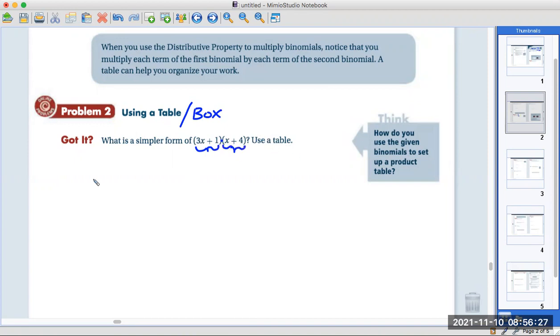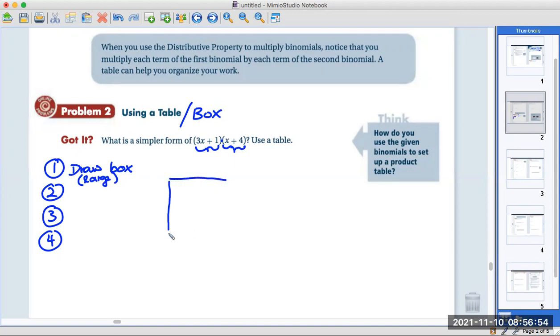Okay, and it says use a table. So I'm going to write down some steps and you can follow those steps later on. So first you draw your box. And the box is a square, and I'm going to give you the advice to draw it pretty big. Because if you make it too small, it's kind of a mess in the end. You can't read your stuff because you got to write stuff inside the box. And I make it a square and I cut it into 4 equal parts,